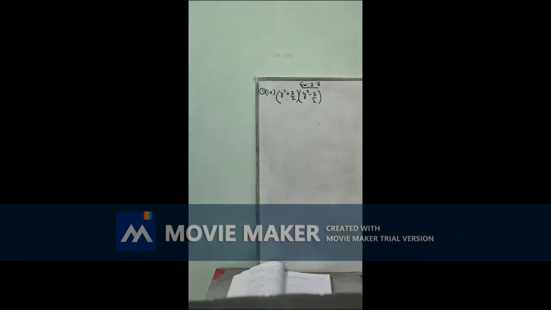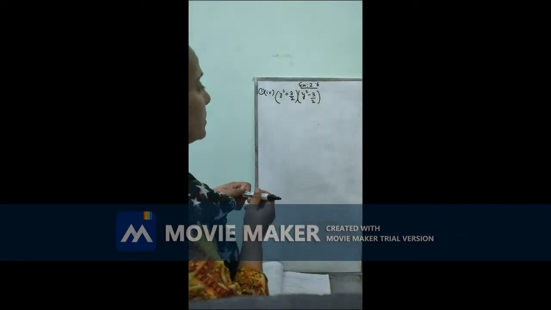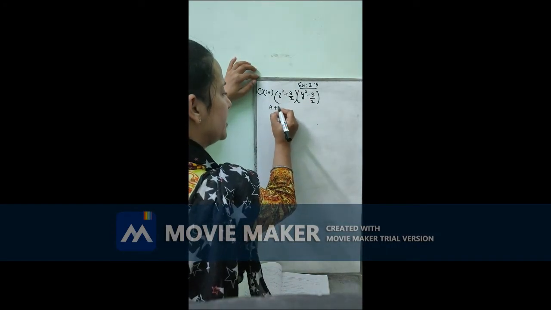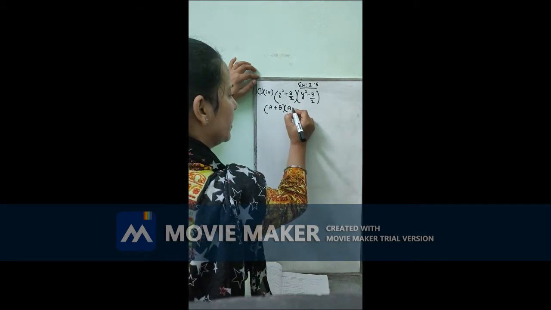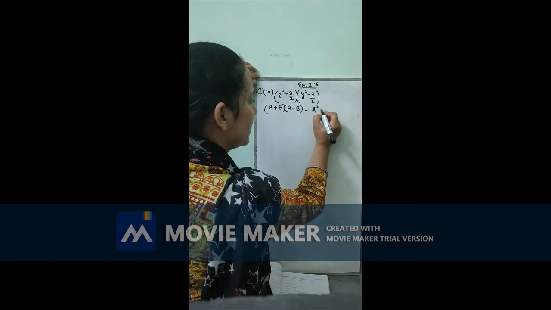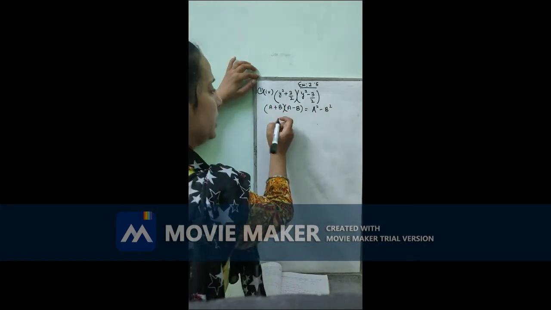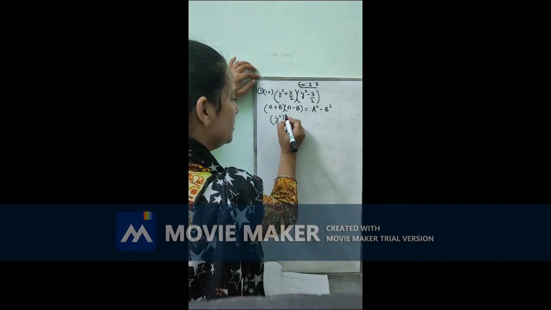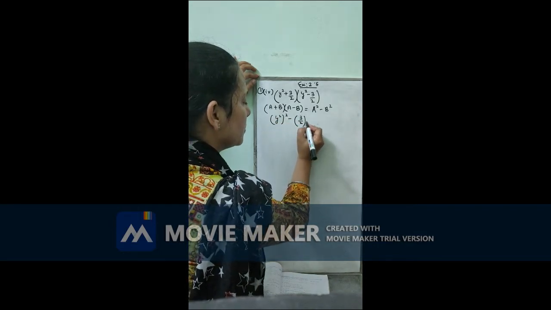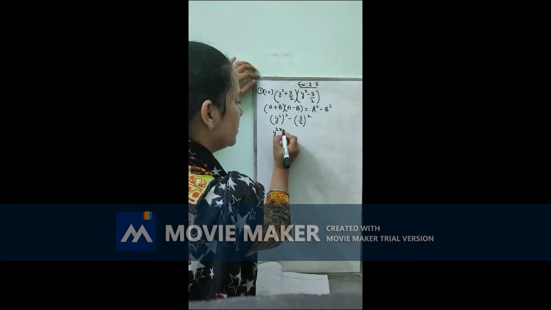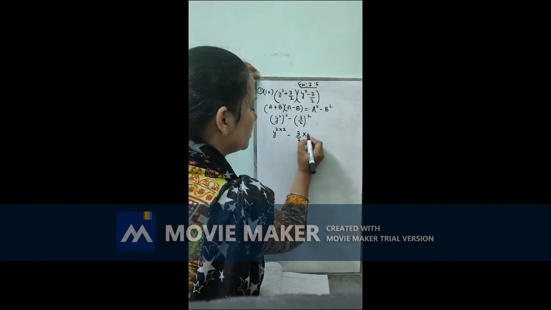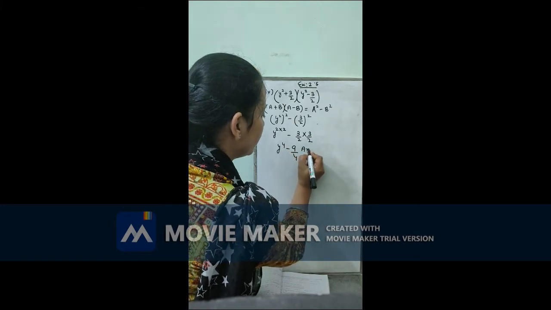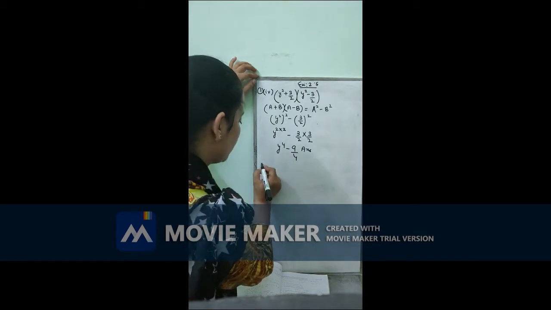Students, now we are going to discuss first sum fourth part, exercise 2.5, (a plus b) into (a minus b). Identity is a square minus b square. Clear? Here your a is y square and b is 3 by 2. Means (y square) square minus (3 by 2) square. What you will get? Y power 2 into 2 minus 3 by 2 into 3 by 2. So your answer will be y to the power 4 minus 9 by 4. Is it clear?